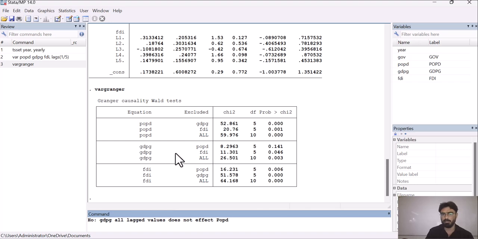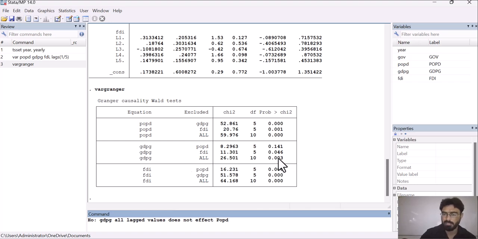Similarly, for this model, H naught is POPD all lag values do not affect GDPG, and in this case the probability value is greater than 0.05, so we have to accept the null hypothesis, which means that population all lag values do not affect GDPG. And what is this all? All means that population and FDI all lagged values do not affect GDPG, and the alternative is that population and FDI all lagged values do affect GDPG.